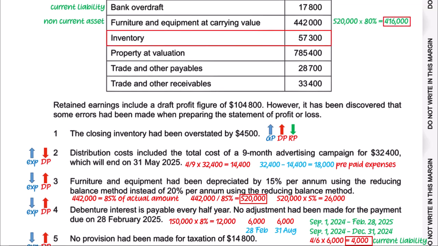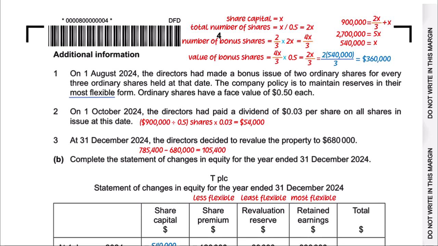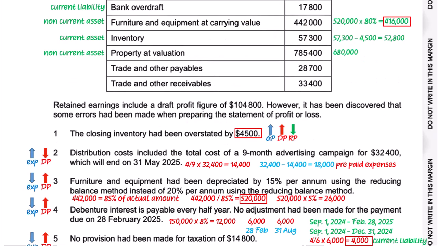Inventory is a current asset, but this amount is overstated by 4,500. Therefore, we subtract this and show inventory at $52,800. Property is also a non-current asset, but the directors have decided to show it at $680,000. Okay. Trade and other payables are current liabilities, and the accrued expense of debenture interest essentially falls under the